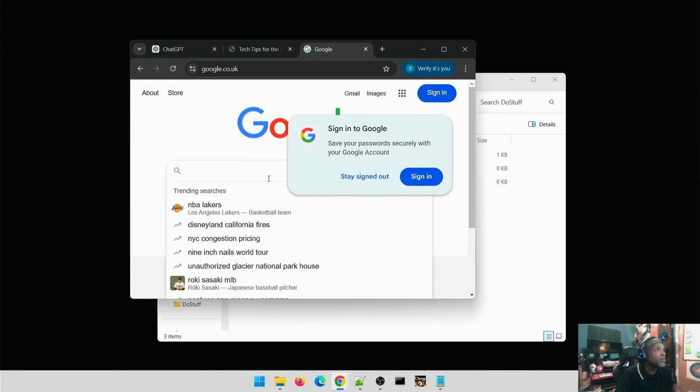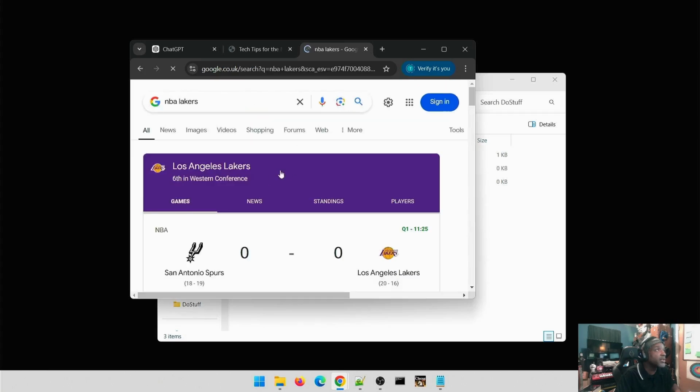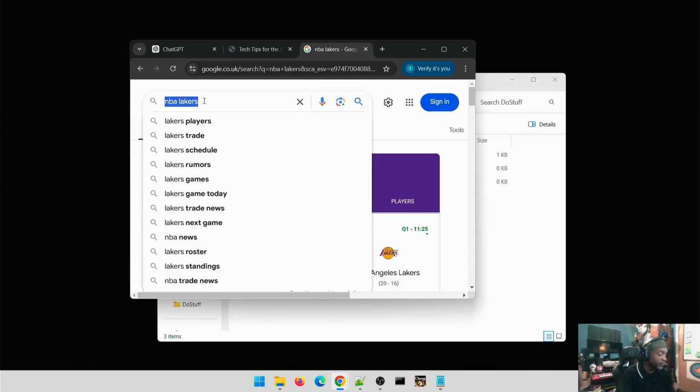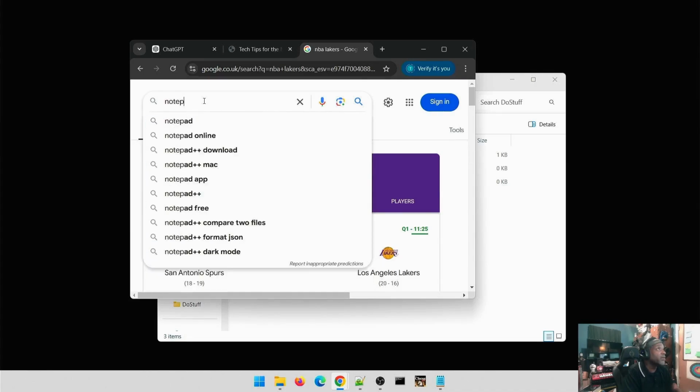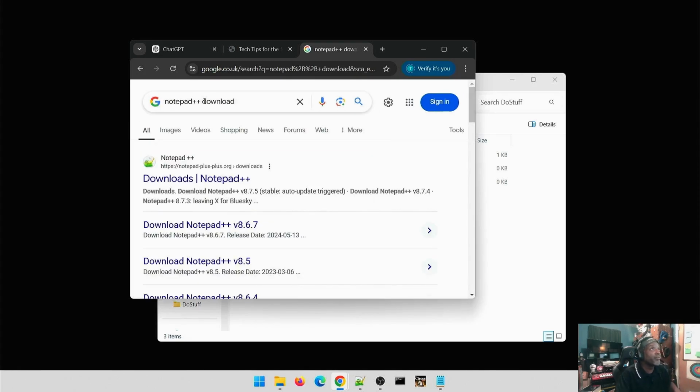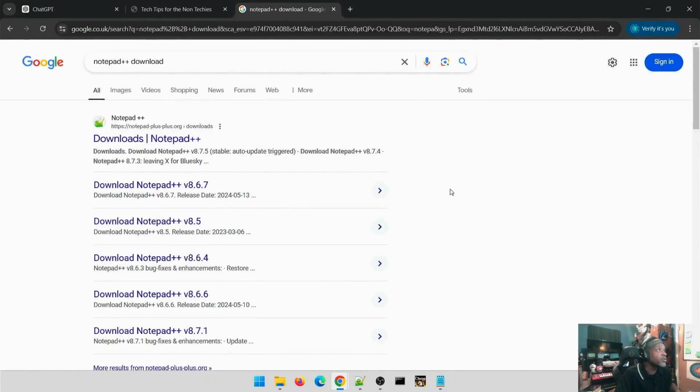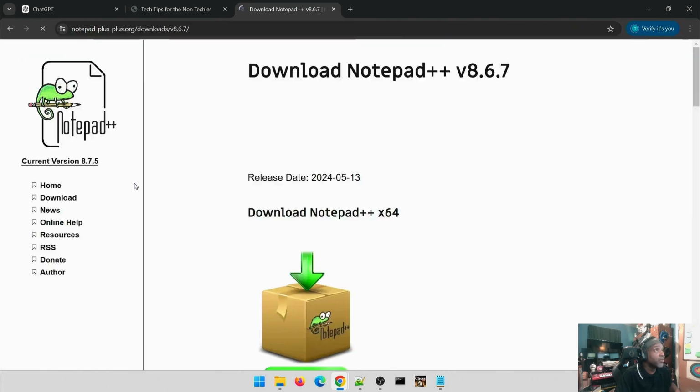So go to Google. I'm going to sign in right now. I'm going to type in Notepad download. Now, if you're going to start doing stuff with ChatGPT or any other programming language, you need to download Notepad++